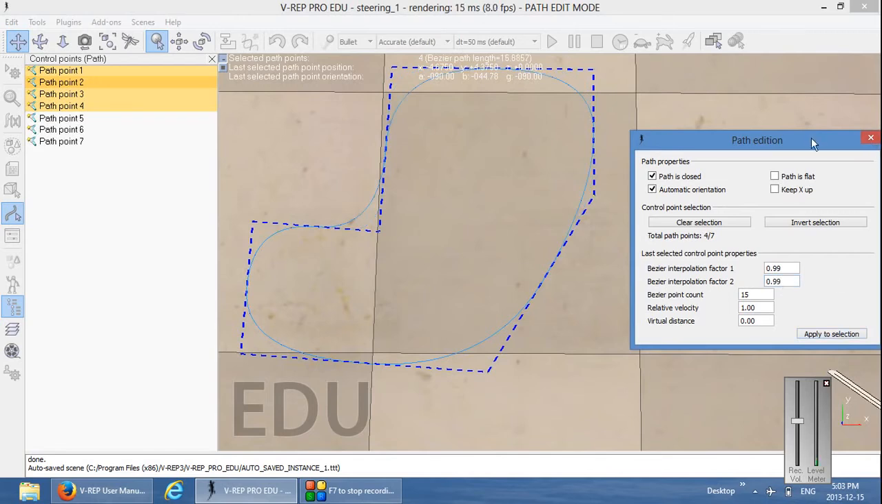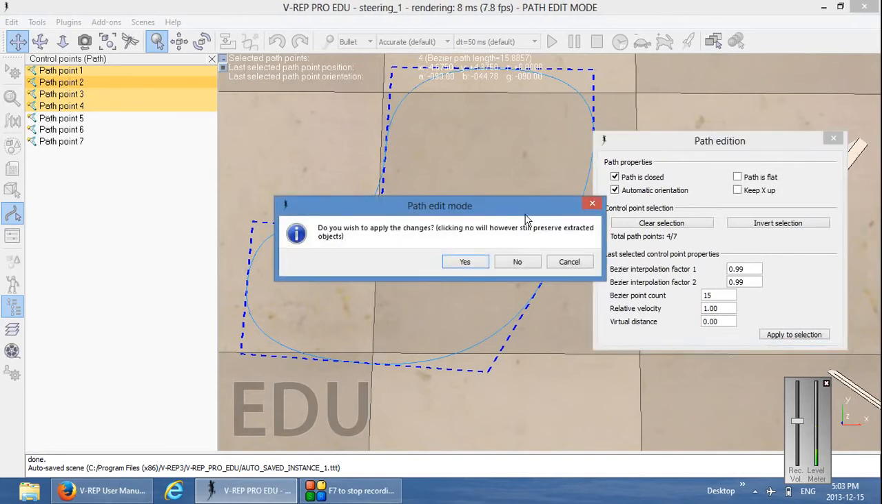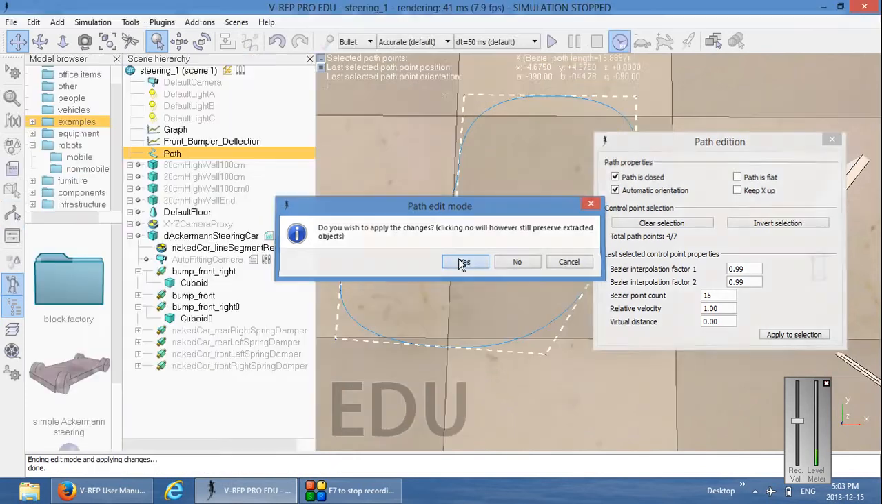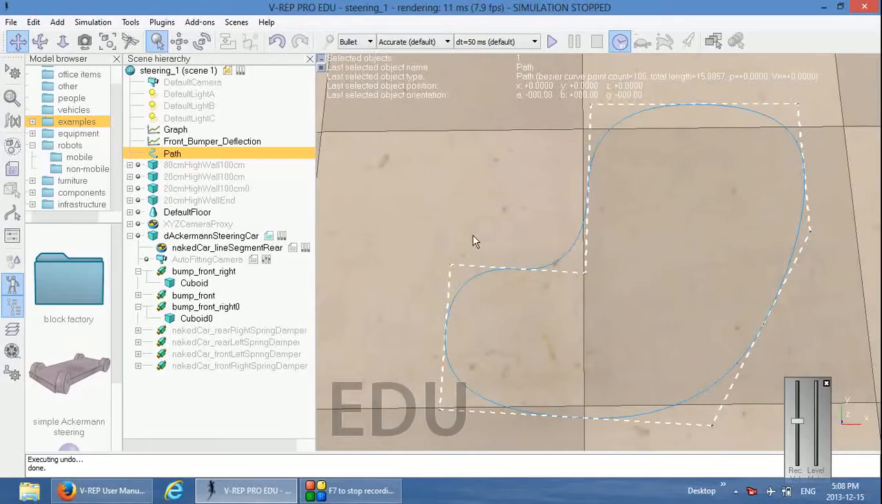Okay. When you're done creating the path, you select the X to close the path editor, and when it asks you do you wish to apply the changes, you select yes. Now you have added the path to the workspace. Currently, the path is a virtual object in your workspace, and we need to make it a renderable object. In the scene hierarchy, you have to double click on the path icon,